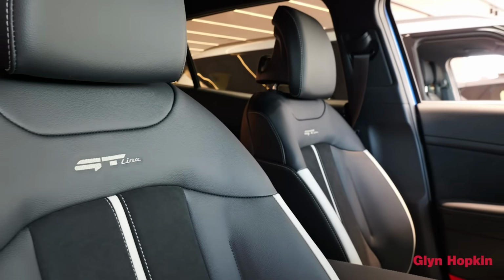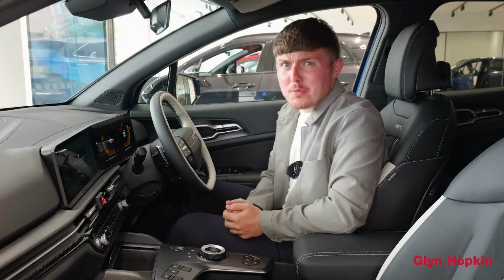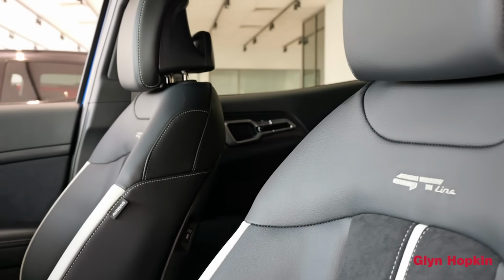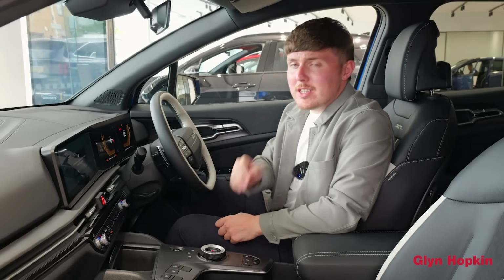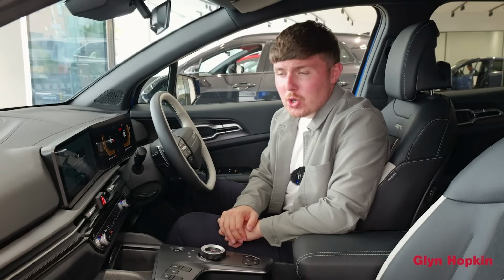Step inside and the Sportage almost feels like it's punching a bit above its weight, especially in the GT Line and the GT Line S, the mid and top spec, that come with contrasting materials, colours, that premium stitching all throughout this interior. It kind of feels like I'm sat in something German, and definitely a lot more expensive, because the GT Line Kia Sportage actually starts from just over 33,000, but we'll get onto spec and trim levels ever so shortly, because